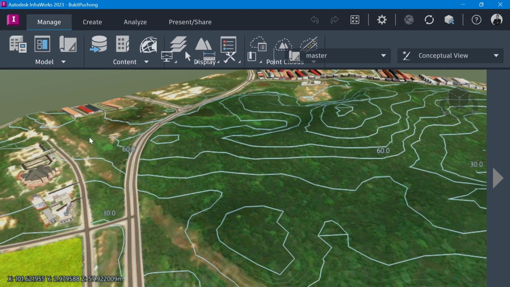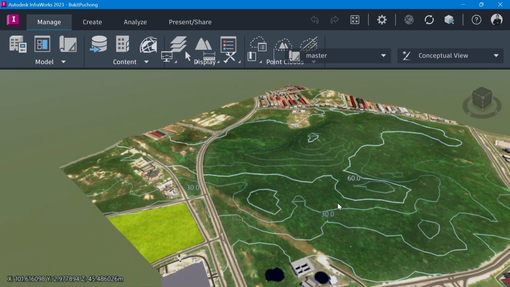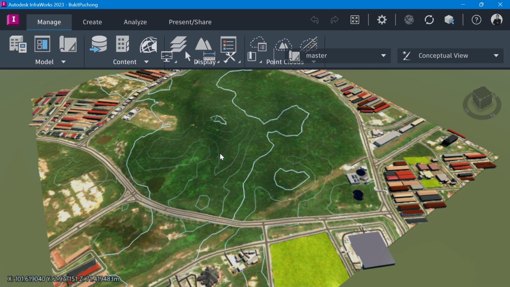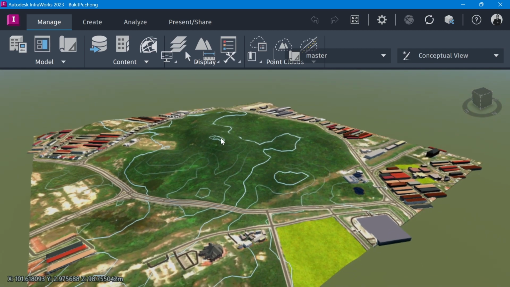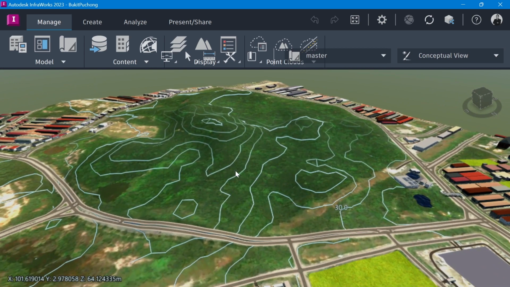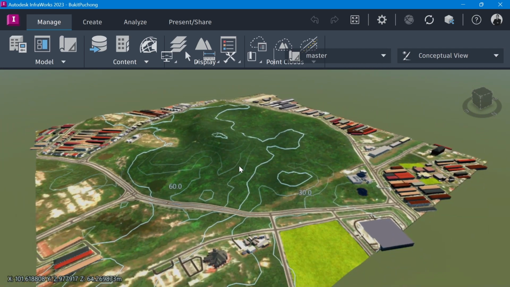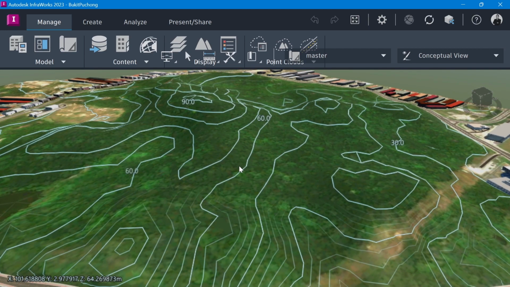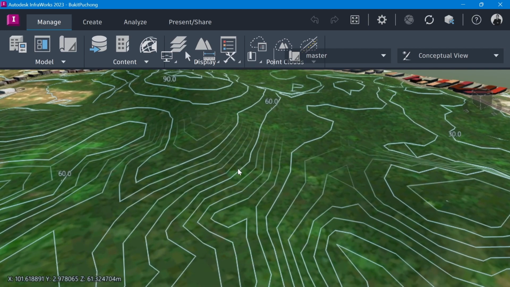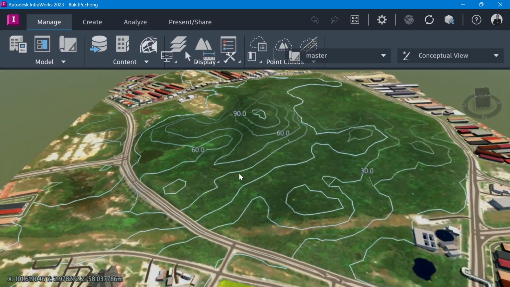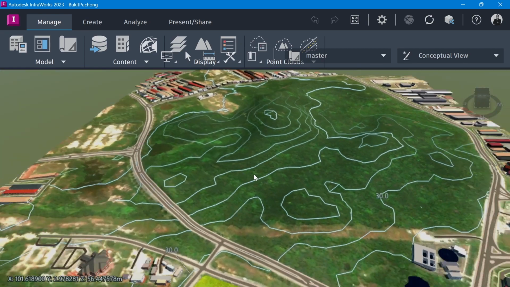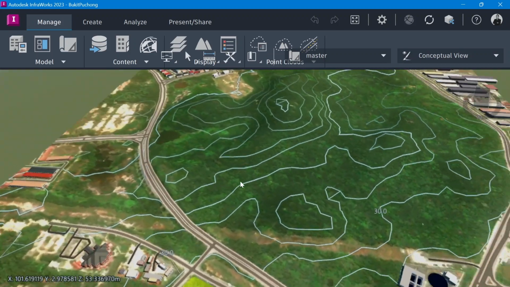Okay, before we continue with the model, to explore and navigate in the model, you can use the roller of your mouse to scroll up and scroll down, to zoom in and zoom out, and then press and hold the left button of your mouse to rotate.